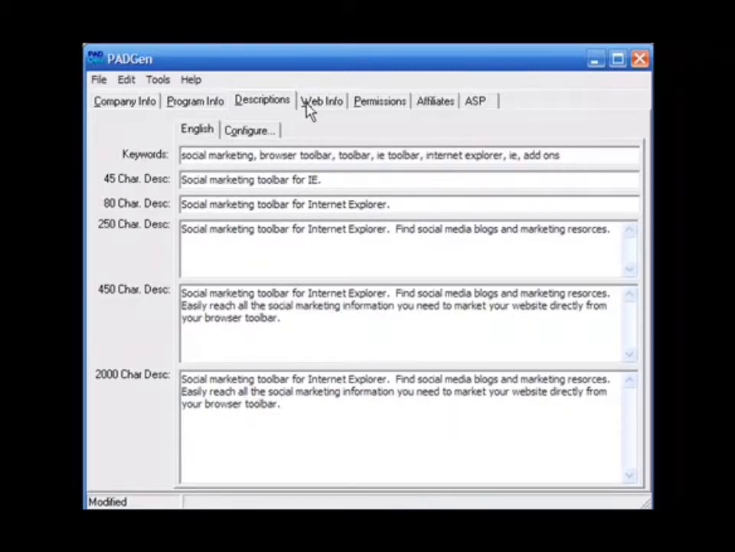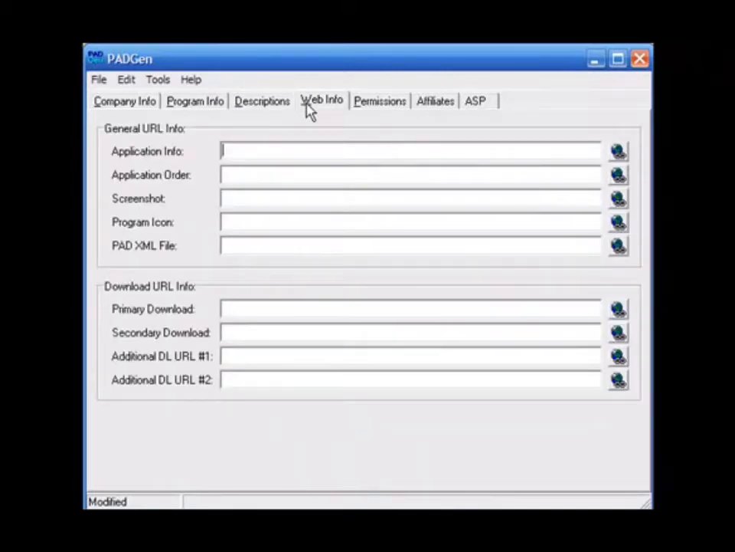Next, we'll go over to the web info. The web info screen is where you put in all the information about your website and where certain information about your software and where your software itself can be found. So before we can actually fill this out, we need to prepare a little package and upload it to your server so that all these files that it's